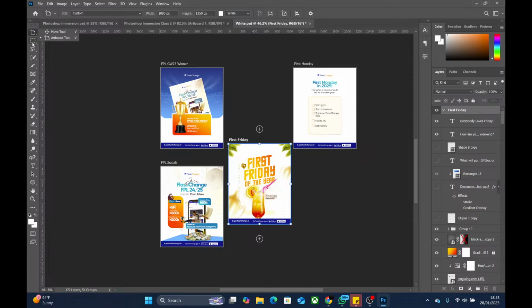If I come to the next icon and right click, this is the marquee tool. We use it to select. You see that beside it, M is the shortcut for the rectangular marquee tool. Then M is the shortcut for the elliptical marquee tool. So it is always the same letter that is the shortcut for them.